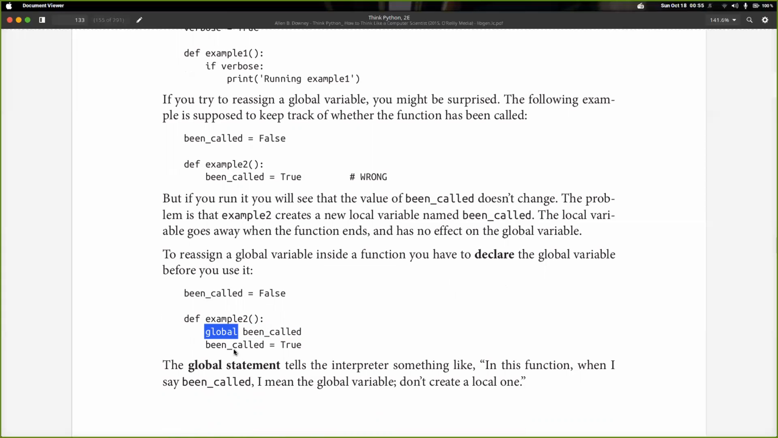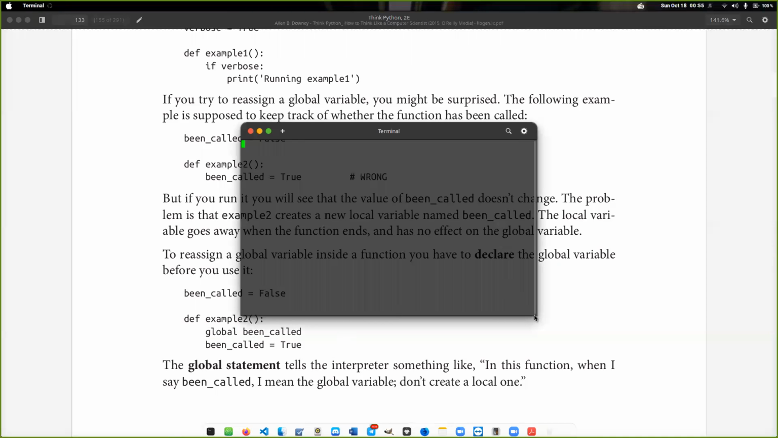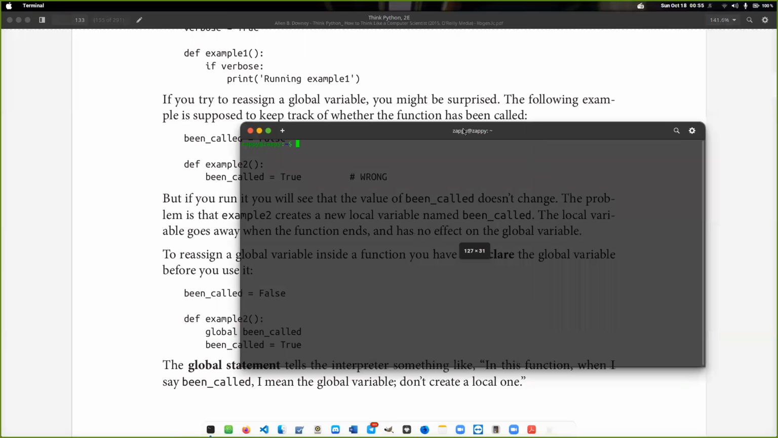So you have to call global and call the being called variable. So in that case, just give me a second. Let me open up my terminal and save. So in that case, the bin code,